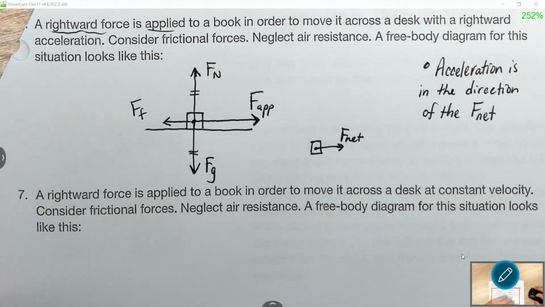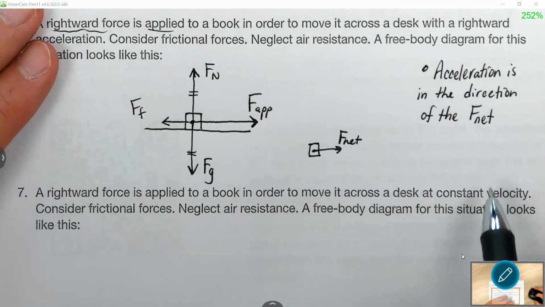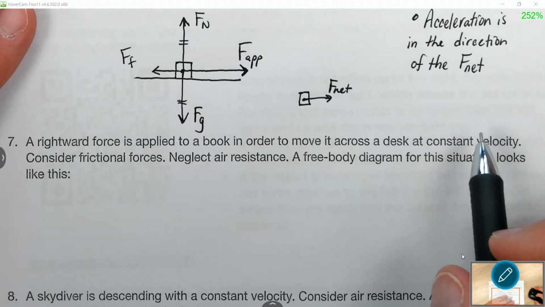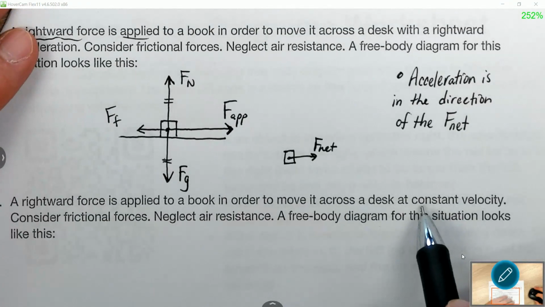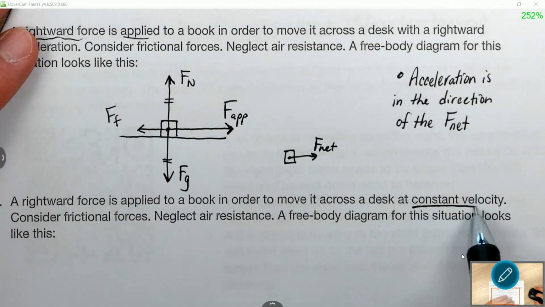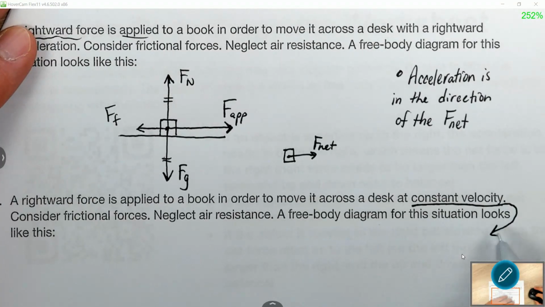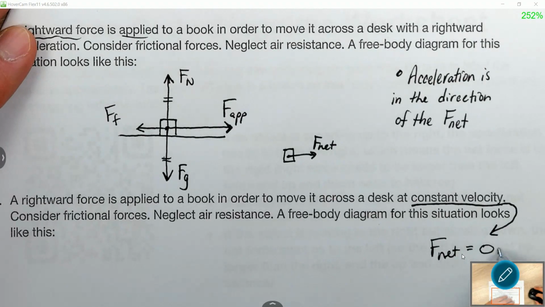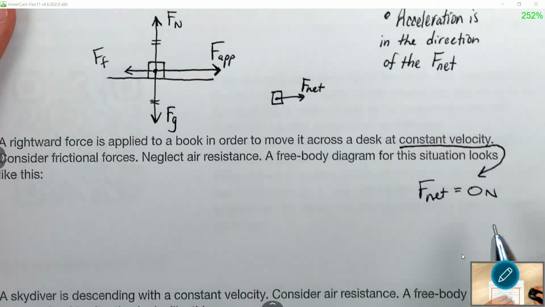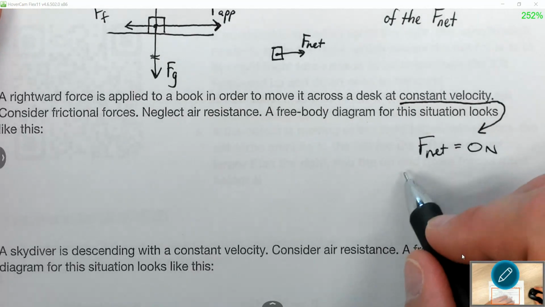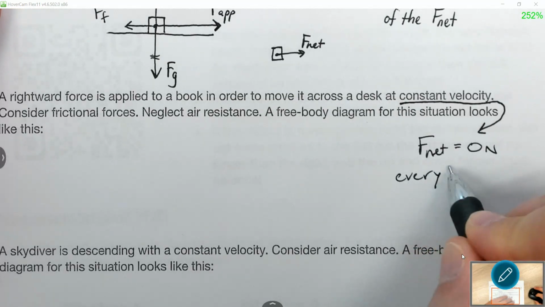All right, now they're saying, cool, same scenario. Rightward force is applied to this book to push it across the desk, but this time it says, is it accelerating? No, they're pushing it across at a... what does constant velocity mean again? That the what has to be? Net force has to be equal to 0. And what does that mean? Everything must